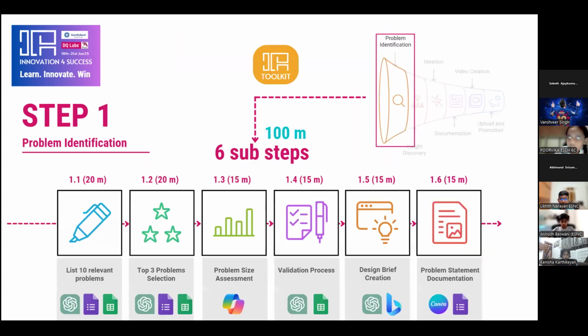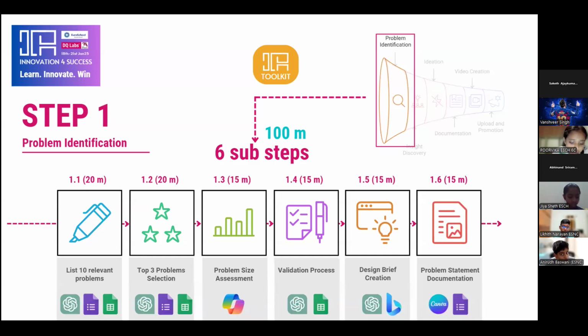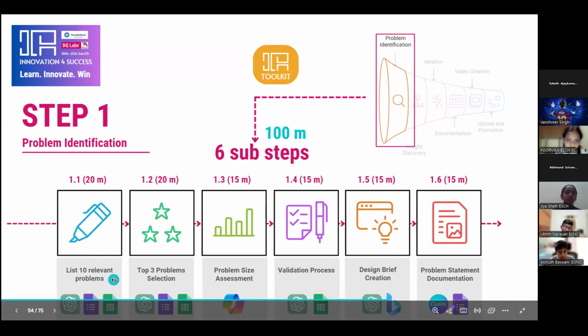Okay. So basically the first step is just to identify one single problem that you'll be tackling. Before you zero in on one problem, what we would like you to do is come up with 10 different problems which you think are relevant to the theme that will be announced on that day. We don't want you to get fixated on just a single problem. You'll have to think outside the box and come up with at least 10 different problems.